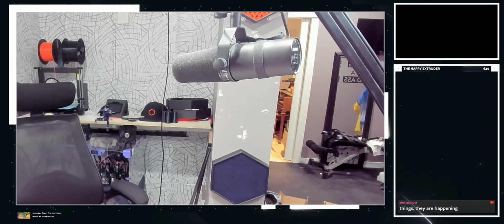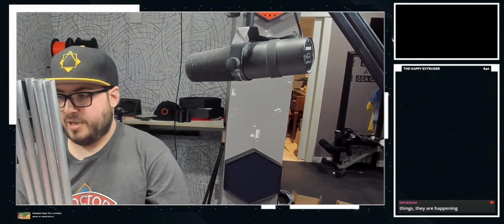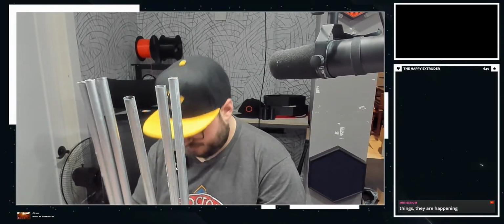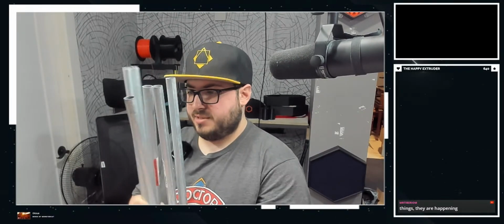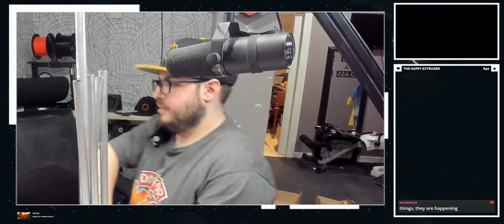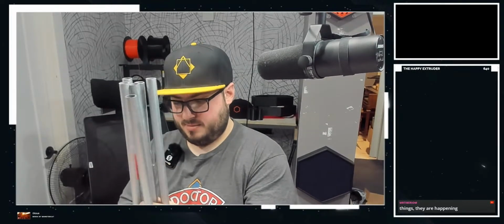I bought 8 in case I wanted to do more. But yeah, here we go. Okay, let's cut off the parts with the labels. That way I don't have to remove the stickers.